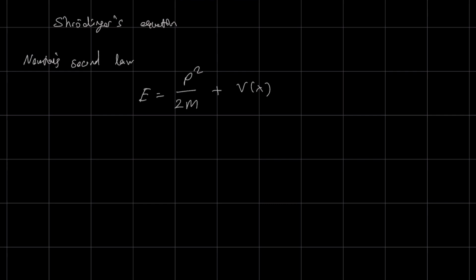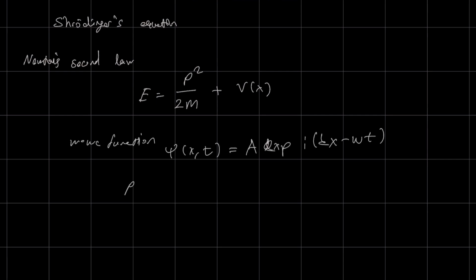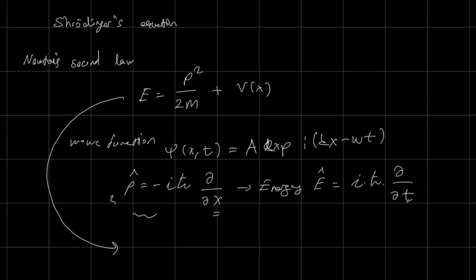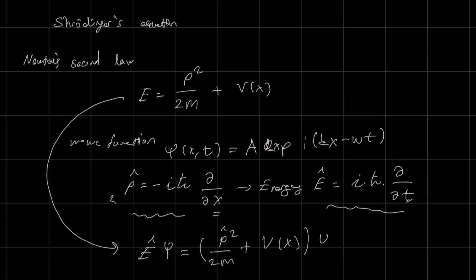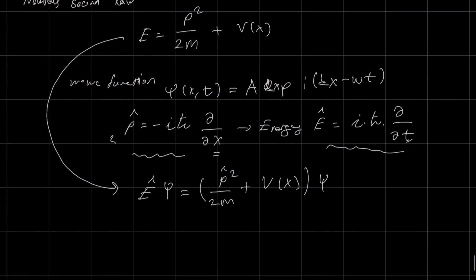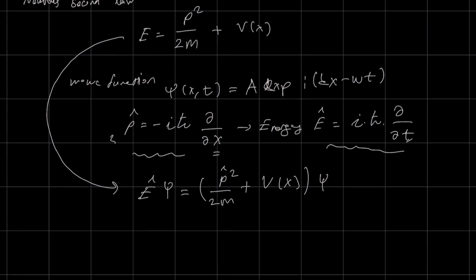Now, let's move on to the second cornerstone of quantum mechanics, the Schrödinger equation. In classical mechanics, the total energy of a particle is the sum of kinetic and potential energy. In quantum mechanics, however, energy and momentum are no longer just numbers. They are represented by operators. Substituting these operators into the energy equation gives us the time-dependent Schrödinger equation. This equation describes how particles evolve over time. The wave function changes with time according to this rule, just as particles in classical mechanics follow Newton's laws.